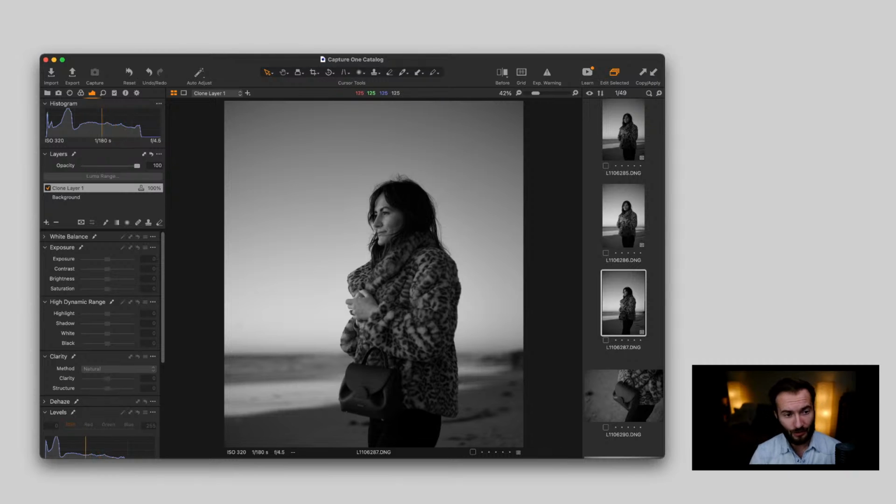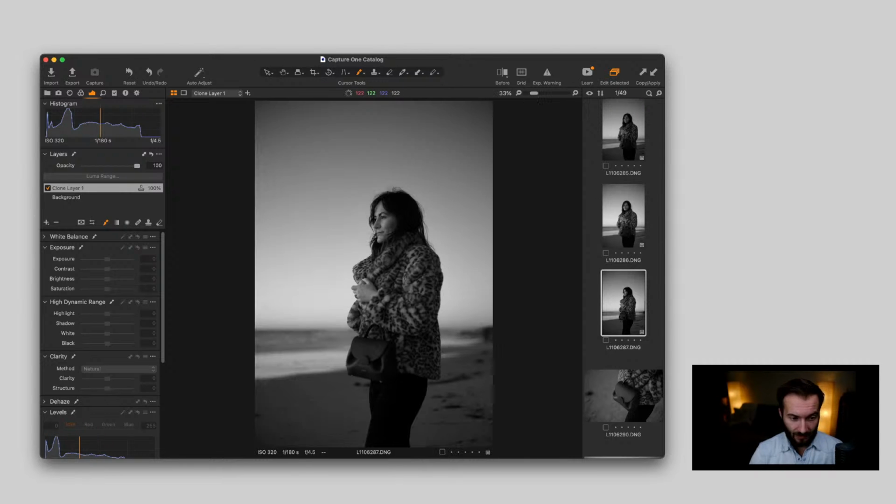So that's one local adjustment I'm going to make on this. And another local adjustment is I'm going to go to the mask tool, and I'm going to use the brush. Now what I want to do is paint some more exposure on the front of my wife here. So I'm going to add an adjustment layer, so we're not painting on the clone stamp layer, and I'm going to dodge this a little bit. So we're going to add on